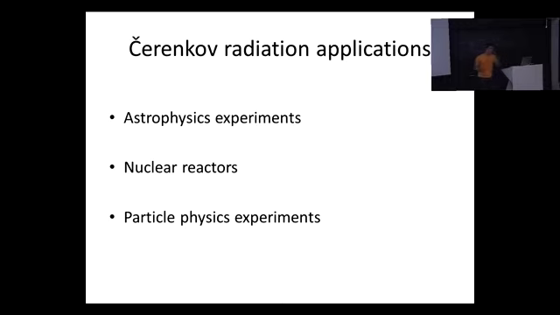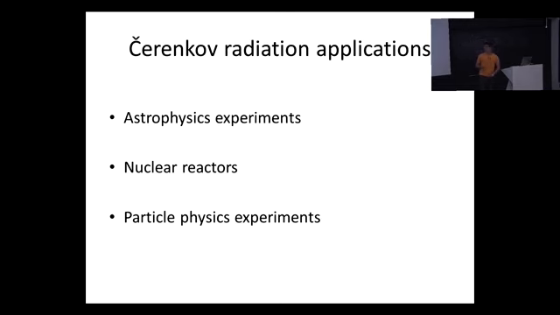It's quite obvious. If you can detect the Cherenkov radiation and the angle, you get to know the velocity of the particle, then you have its energy. And if it's a high energy particle, it's quite a narrow cone, so you have also the direction of the particle. So it's obvious that it's quite used in detectors because you get to know a lot about the particle. For example, in the Super Kamiokande in Japan, it's like a big tank with tons and tons of water, and